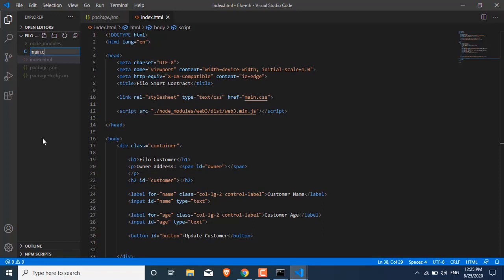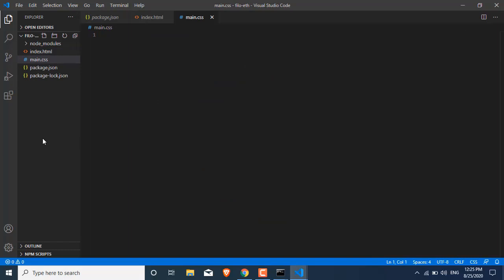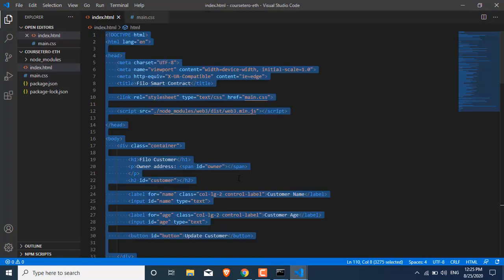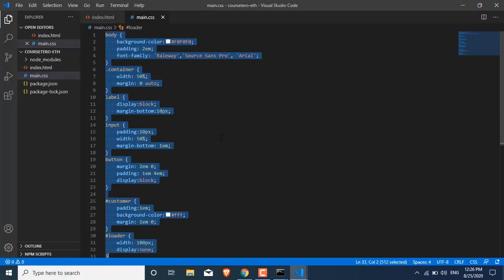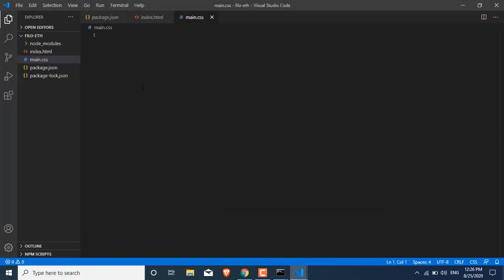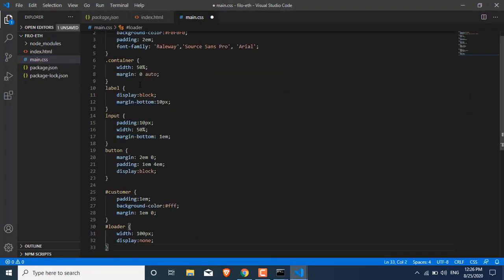So I will create one more file, main.css, and I have already created some styles, so I will paste them here. So we have got all these styles here.